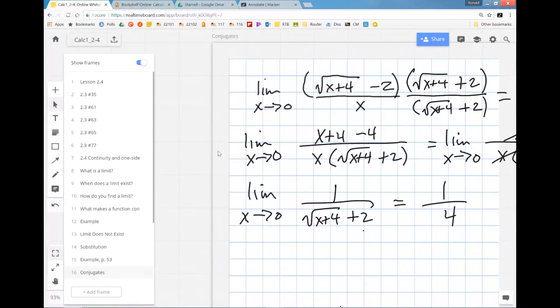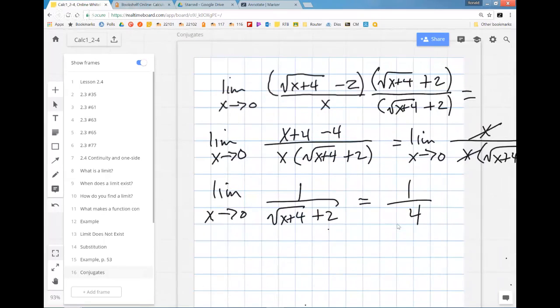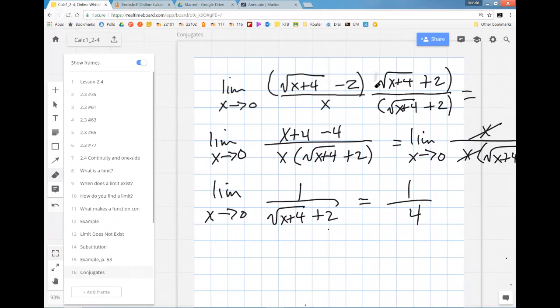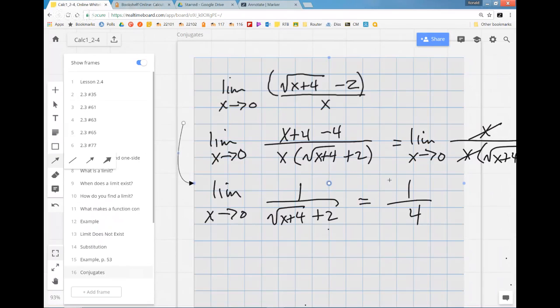I should have done this in a different color, so let me just do this over. Let me grab this. Ah, that's not correct. Having a little trouble grabbing. So anyway,